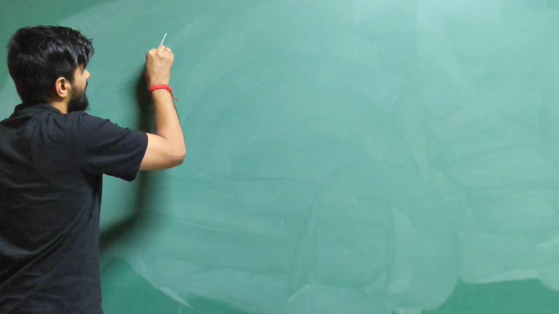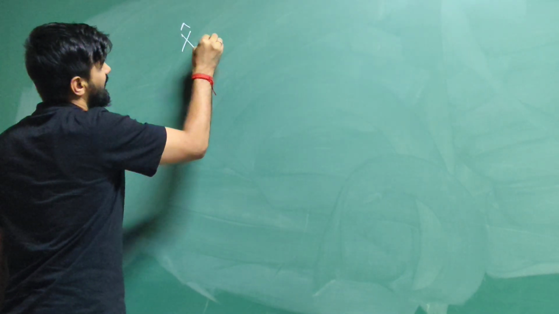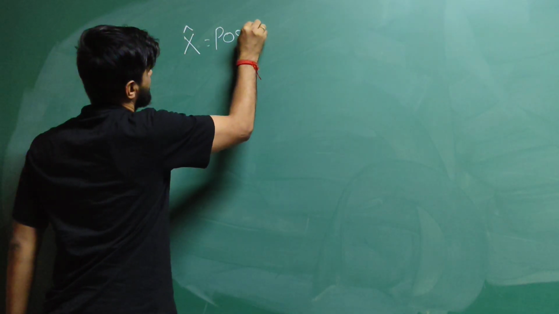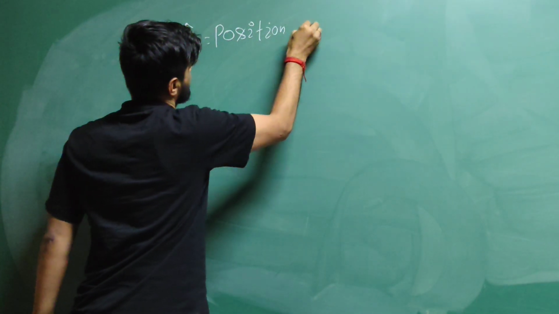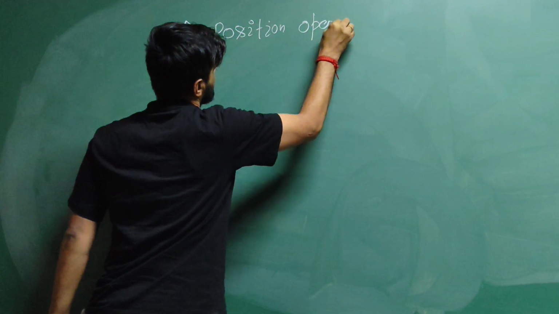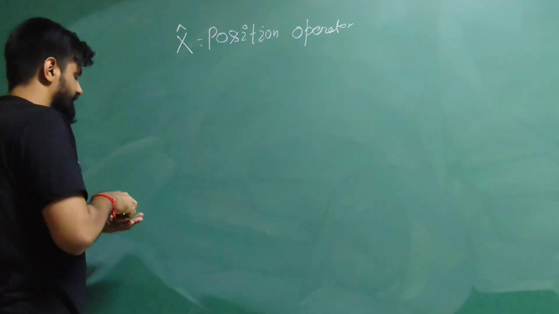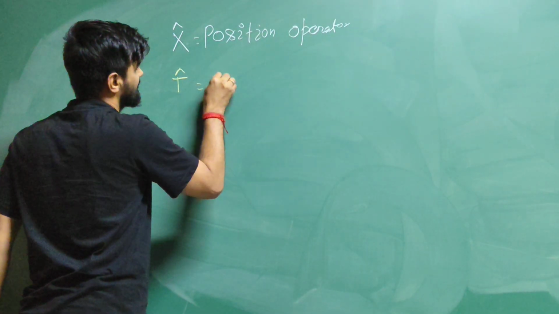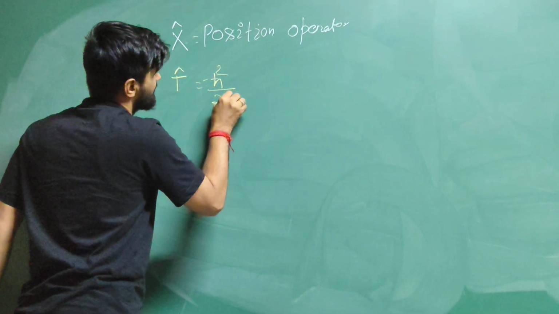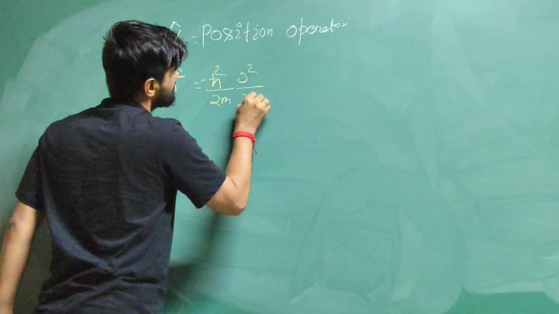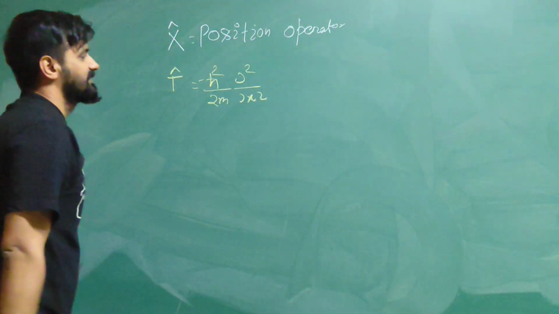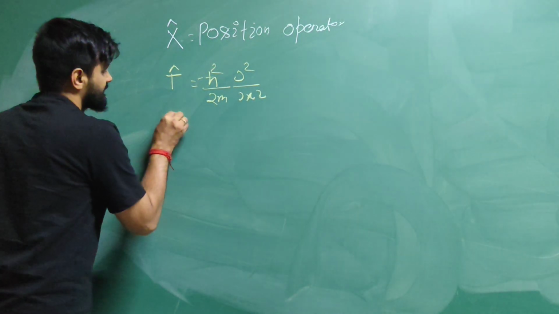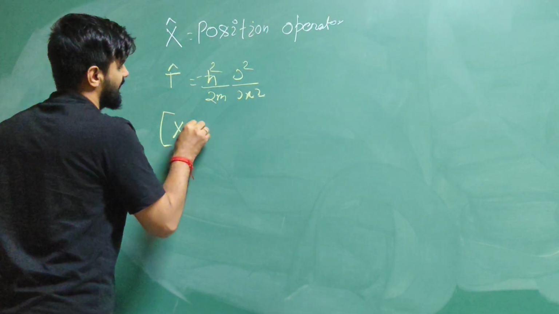When we talk about the position operator, we denote it as a capital X. This is your position operator. And the kinetic energy operator, T cap, we have seen that it equals minus h square divided by 2m, del 2 by del x square. So this is the second differential in x. Today we have to check whether this kinetic energy operator and